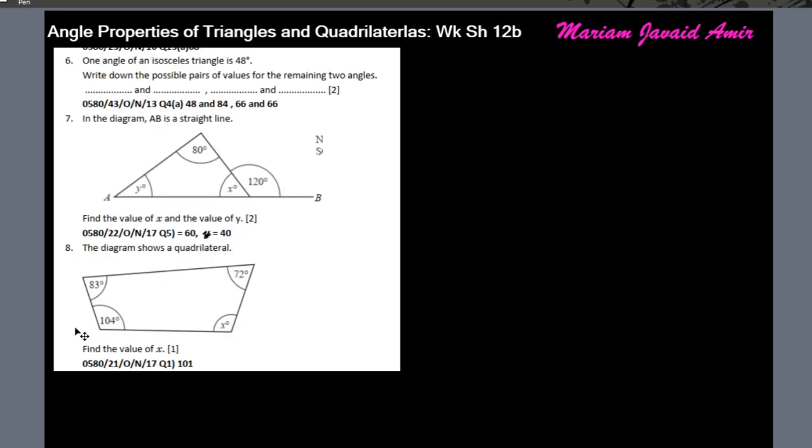Question number 6. One angle of an isosceles triangle is 48 degrees. Write down the possible pairs of values for the remaining two angles. So an isosceles triangle is a triangle where these two angles are equal, right? So the given 48 angle could be this angle, and then the two lower angles would be equal,